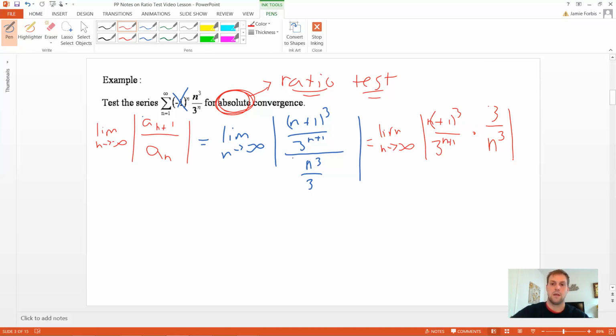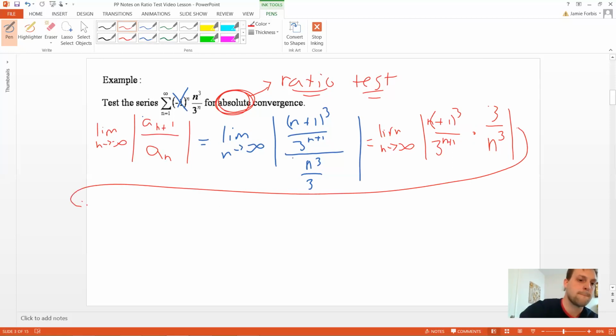I'm going to continue my steps down here. Because we're doing n plus 1 versus n, this is going to be a very common way to simplify it. 3 to the n plus 1 is the same thing as saying 3 to the n